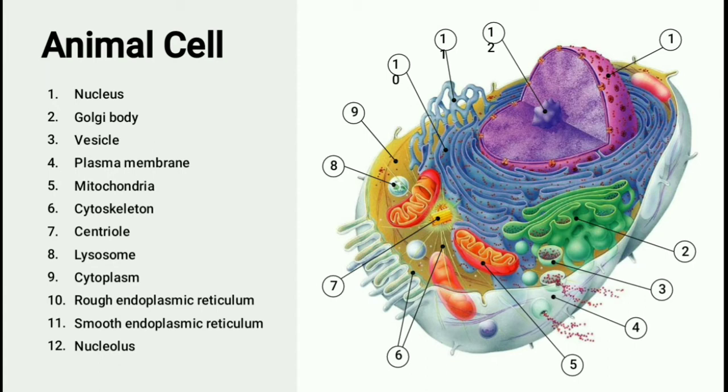So today we are going to learn about animal cell and plant cell. Very clearly we have to understand this concept. Please first understand about animal cell and plant cell. See, dear students, can you see this outer boundary of the cell? This is the animal cell. The outer boundary of the cell is called, see the pointer, it is number 4, the plasma membrane. This plasma membrane is also called the cell membrane.